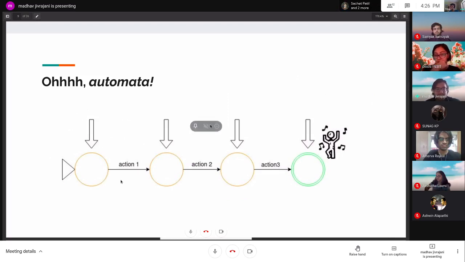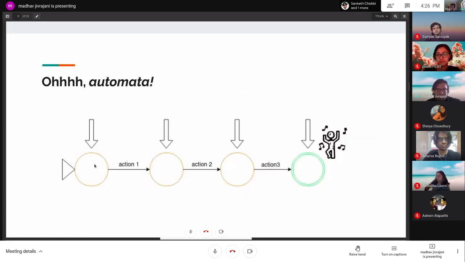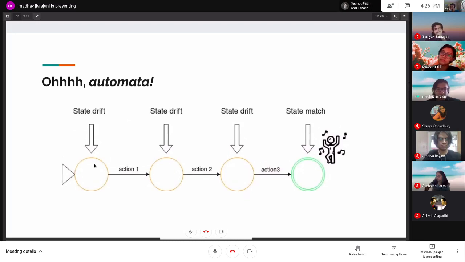But if you are at the green state, that means you are at your desired state, which means there's a state match. So you have a state drift here, state drift, and then finally a state match over here.